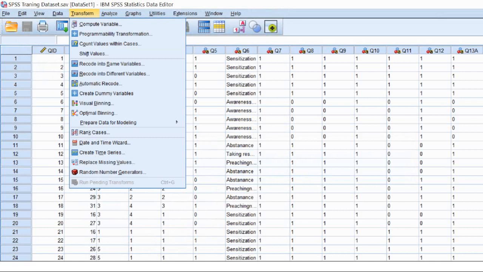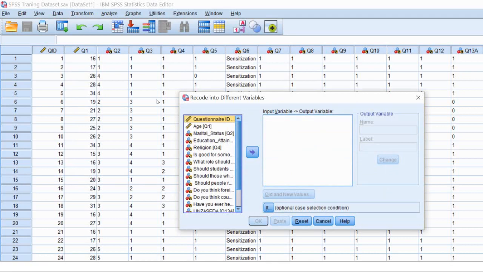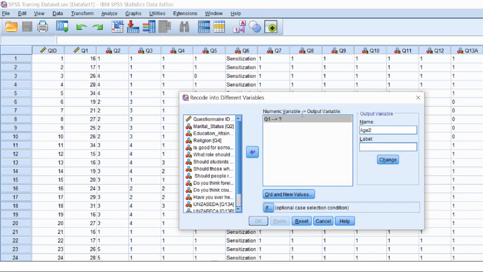There are these two buttons: recode into same variables and recode into different variables. I'll start with recode into different variables so that I show you what happens. This means you are creating a new variable which is going to be separate from question 1. I'll drag the variable I want to change, then call it age 2. You've seen that there's a question mark; once I click on change, that changes. Then I'll click on old and